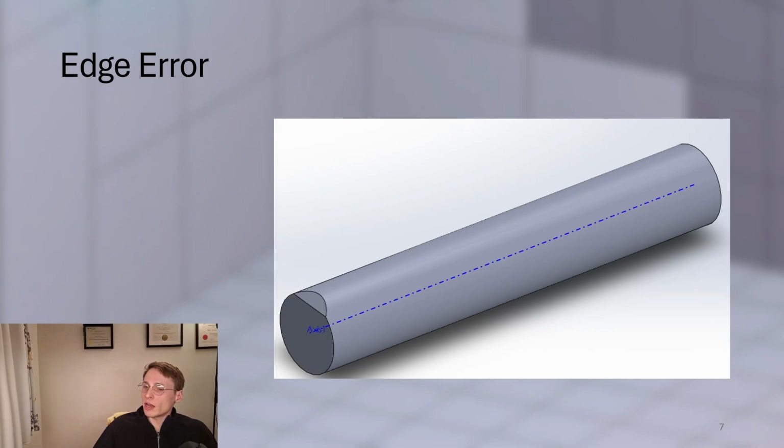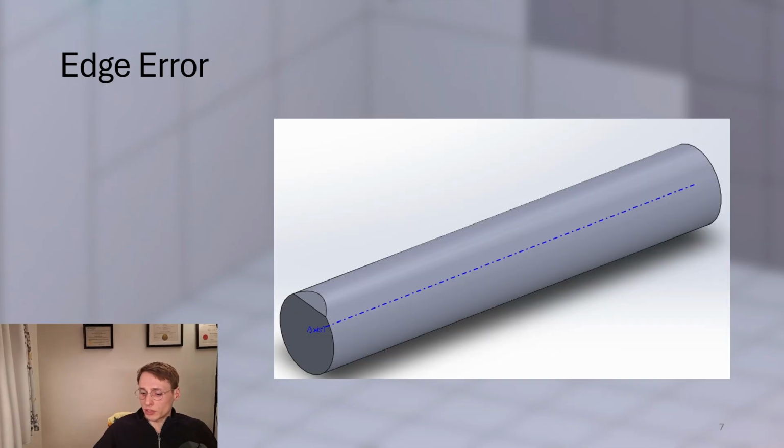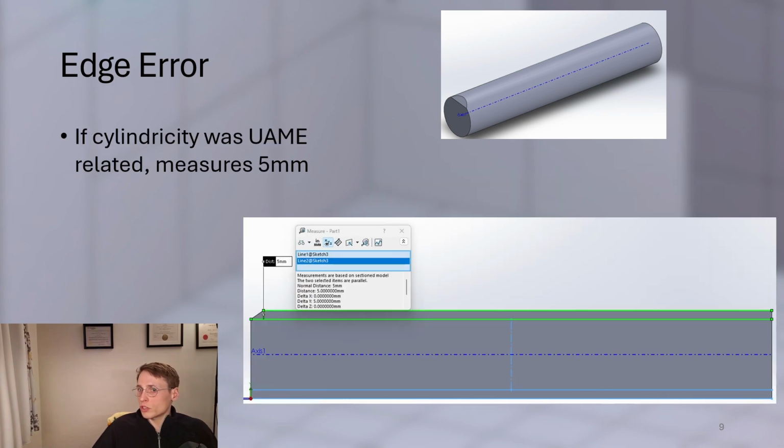So if you were to have an edge error of any size really, and an otherwise perfect feature, in this case I've made it very large for demonstration purposes, you would measure a circularity of 5 millimeters. And if you were to take the cylindricity measured around the unrelated actual mating envelope axis, it too would measure